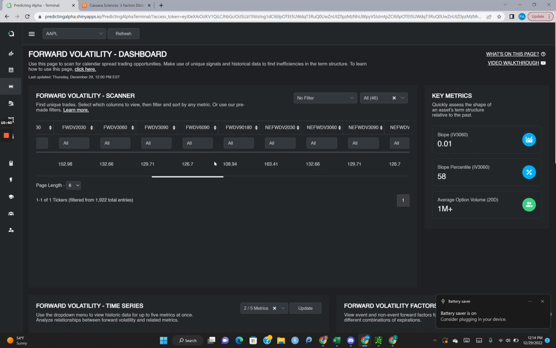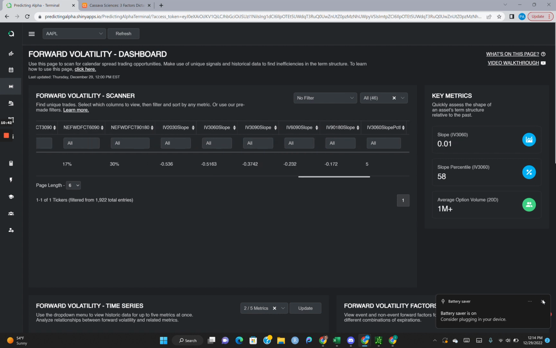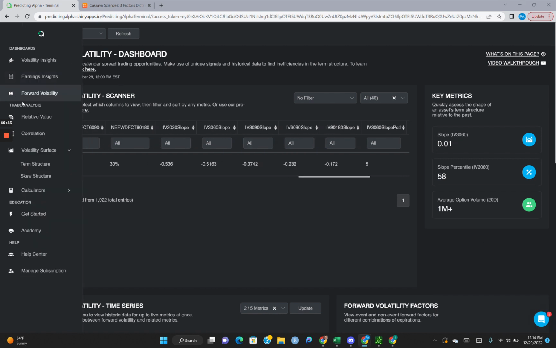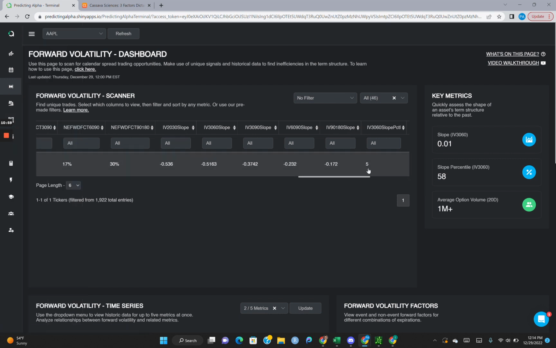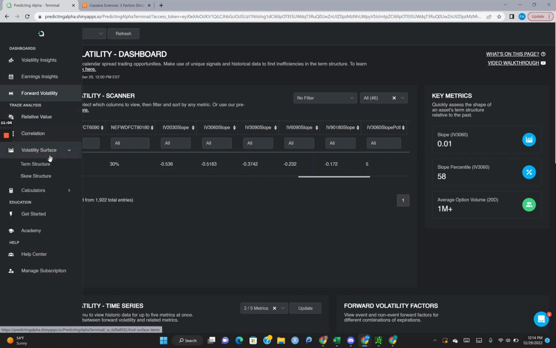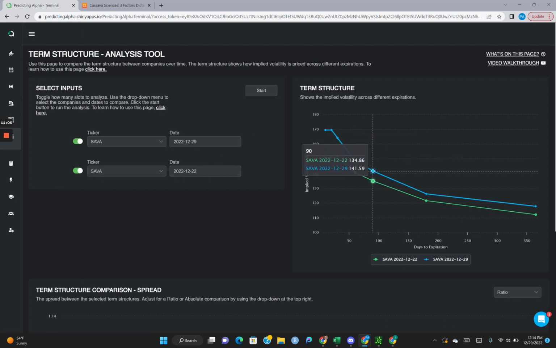So what we can take away from that is maybe the term structure is, maybe we can hedge on the quote unquote cheaper options, right? The 30s we were already looking at, we said these look overpriced, and then we look at this forward volatility and we can say, based off of this and this, the term structure might be steeper than what it should be. Well, maybe we can have a trade where we pay a debit and hedge some of that blowout risk without completely blowing up, right?